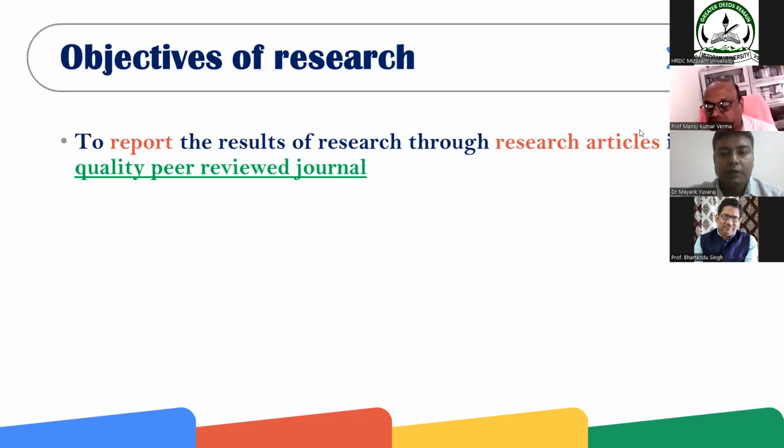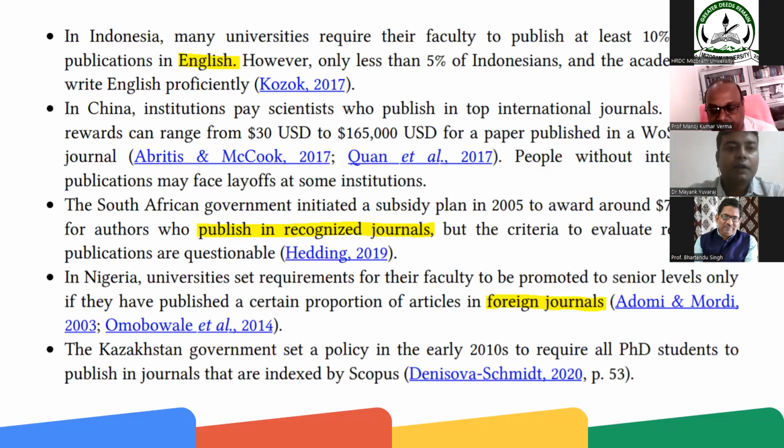If you look at the scenario in other countries, like Indonesia, it is a requirement that faculty members publish at least 10% of their publications in English. But the problem is that only 5% of Indonesians can write in English.